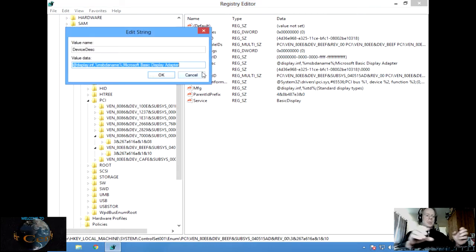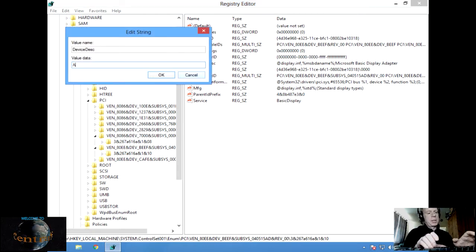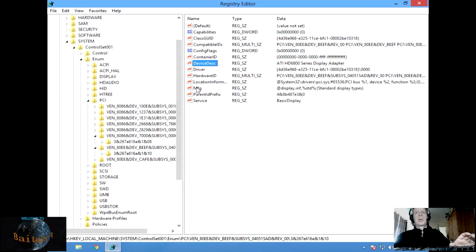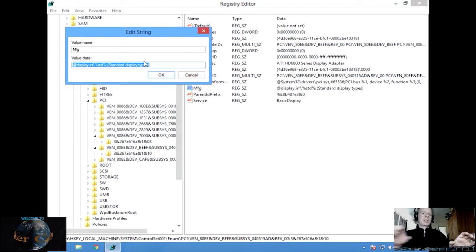So this one you can change to, I'm going to change mine to ATI 6800 series display adapter. That's an HD series display adapter. Click OK. Manufacturer, in this case it's